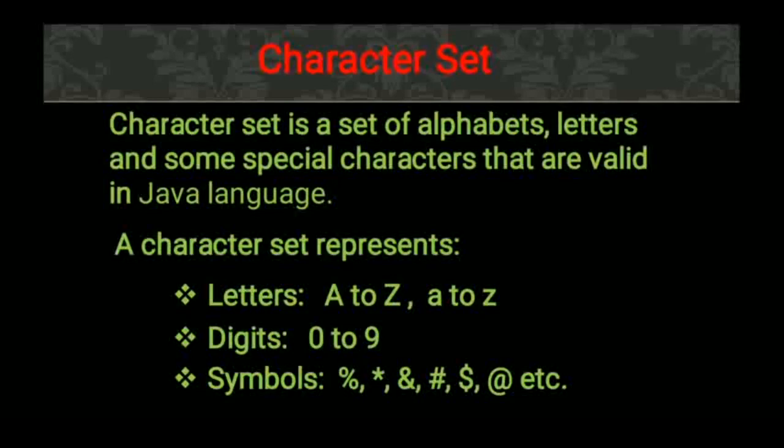Every character is represented by a number in the computer system. This number is called the code for that character. A number of coding systems are available for characters in different languages, like ASCII, which means American Standard Code for Information Interchange, ISCII, Indian Standard Code for Information Interchange, and Unicode, which means a universal code, etc. So our next topic is